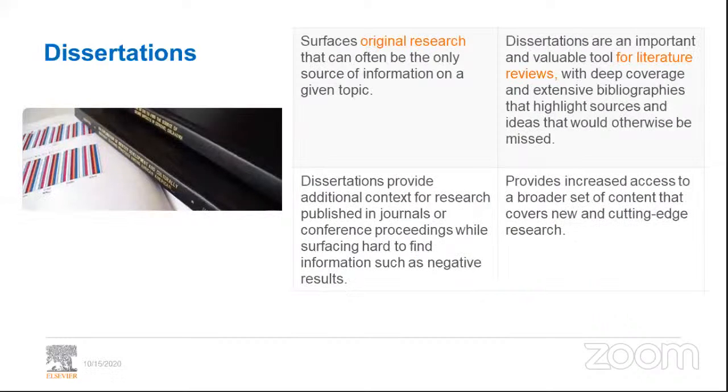You'll also find dissertations, or theses and dissertations, and the dissertations are the way